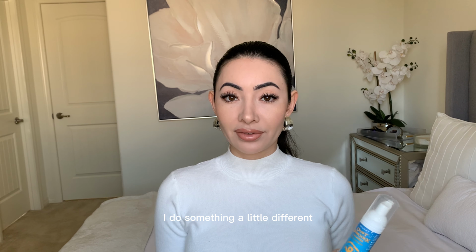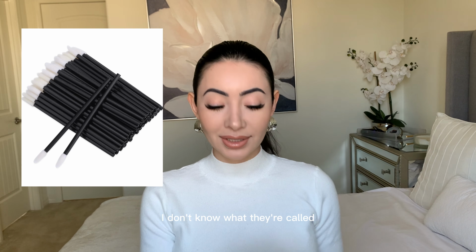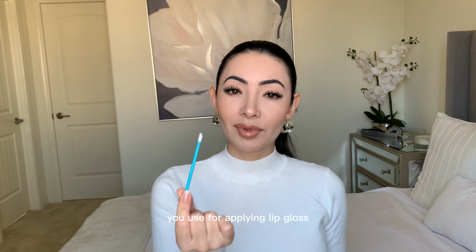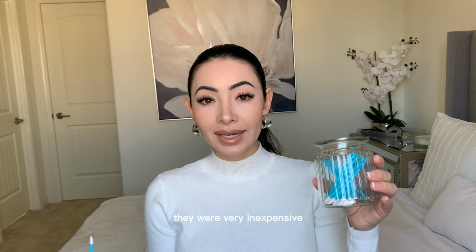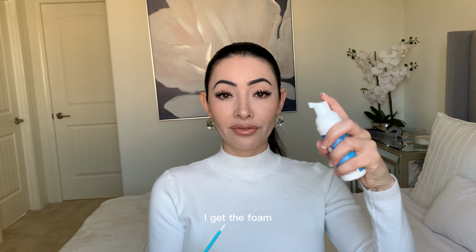I do something a little different. I actually ordered these little, I don't know what they're called. They're those little sticks that you use for applying lip gloss, kind of like a tester stick. And I bought a pack of these from Amazon. They were very inexpensive. And what I do is I'll take one of these, I get the foam, and then